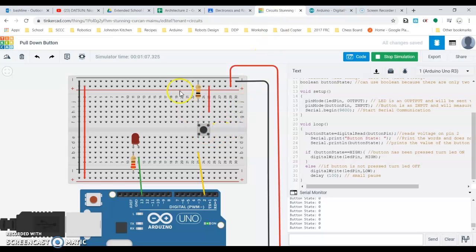So currently, we are grounded normally. Okay, so remember this button switch is connected across these 2 points. So what we've been doing so far is what's called a pull down resistor. We're pulling down to ground. That is our normal position. So when we're not pressing this button,